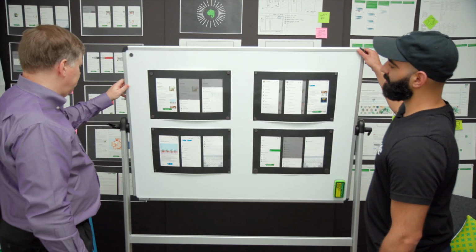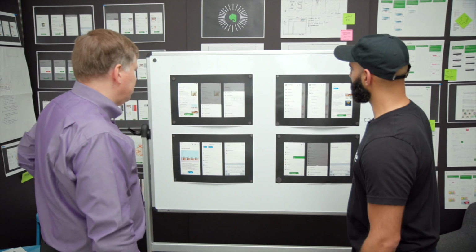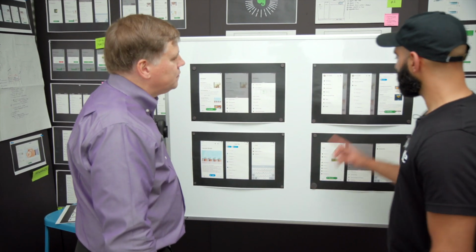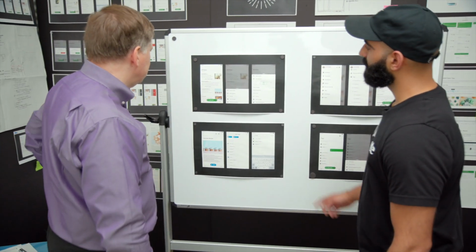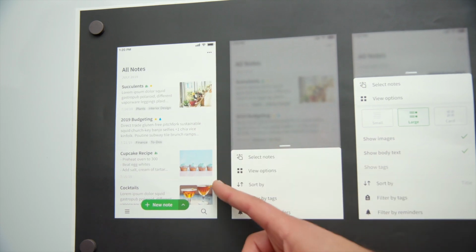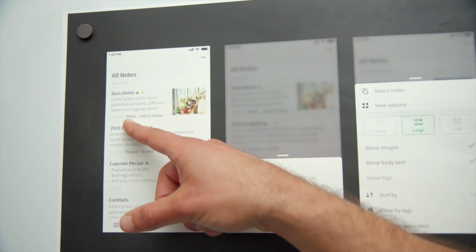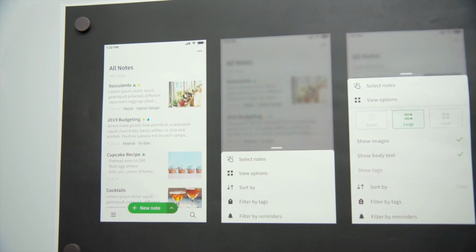Okay. So we've got four key areas I want to highlight: the note list, the note itself, navigation, and managing. All right, let's start on the note list. So on any note list, you'll see by default we want to display the tags in this pill form, which we think is more clear than it is on Android today.